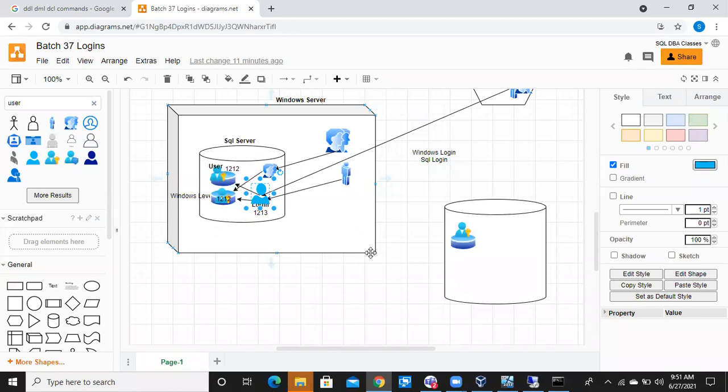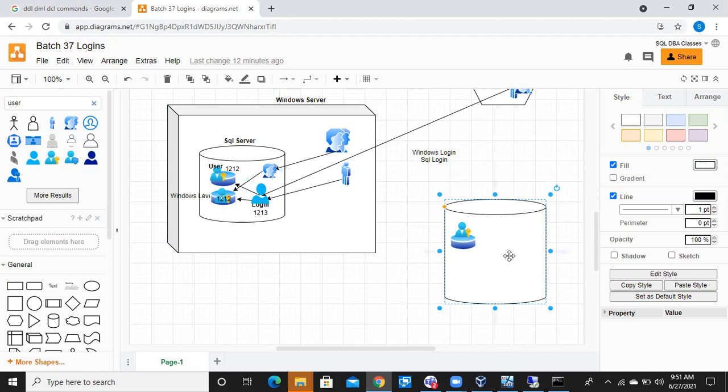First of all, one user requested you to restore a sales database from production to non-prod. You just restored the database from prod to non-prod, but the user is still unable to connect to the database. What is the problem here? Because there is no parent login. Parent login might be there in this also.